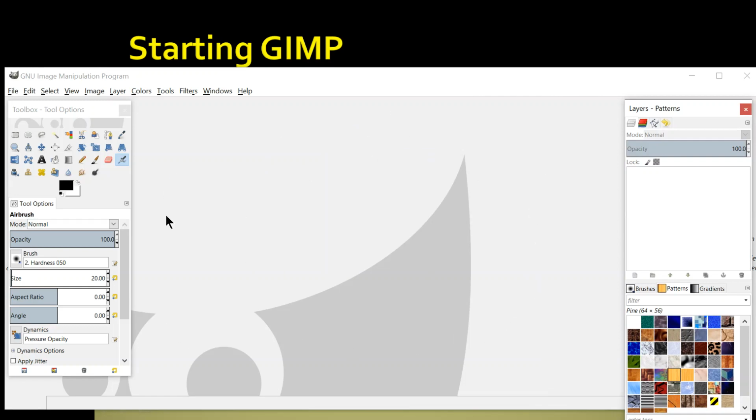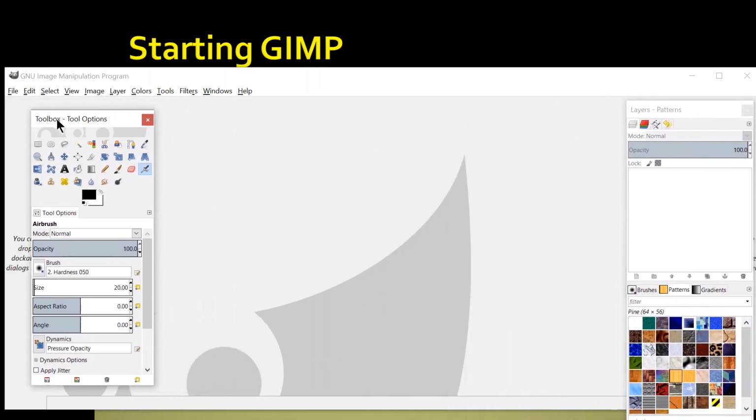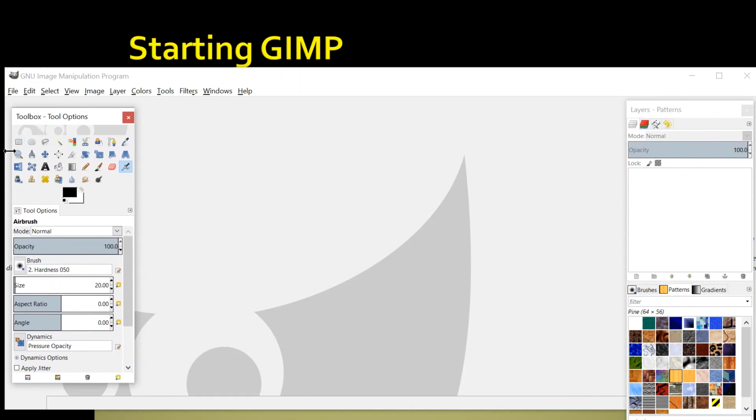Here this is your image window. Here if you open any of the window, here the image will open. This is the right panel, right? And this is the left panel. In left panel we have different toolbox. Clear? There are 2 panels already I have shown you. The toolbox panel, got it?